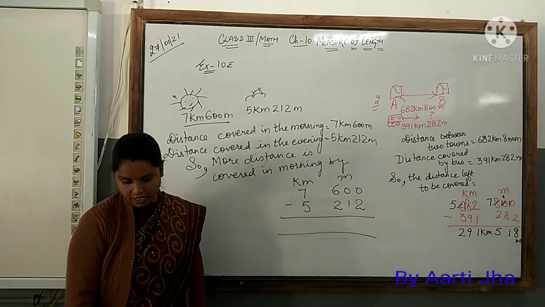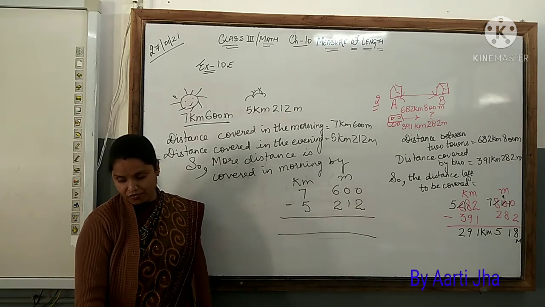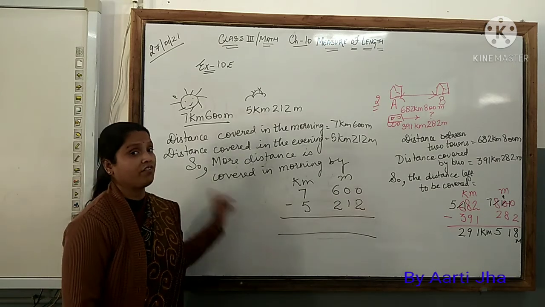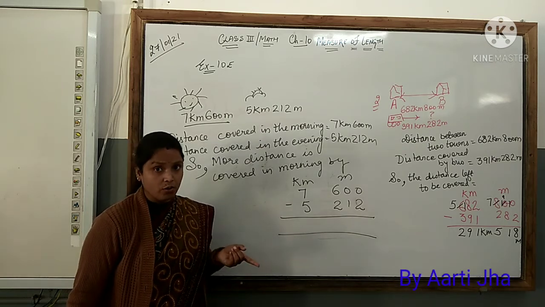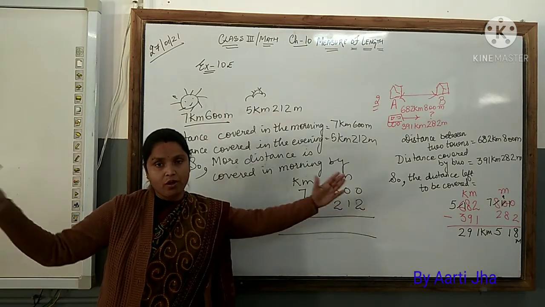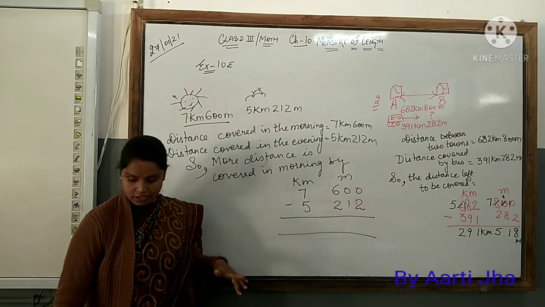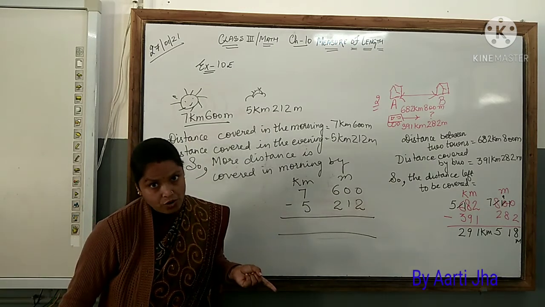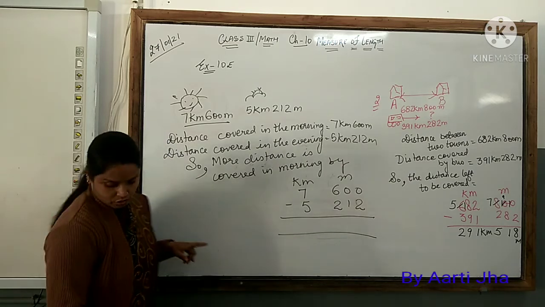Now question number 4 says, if a wire is this much long and this much of it is used for fencing, how much length of the wire is left? This is based on the first question only, where I have told you a roll of rope is there. Here you have a wire which is this much long. From this much I have used. How much is left? Again you will write total length of the wire, then length of wire used for fencing, and do the subtraction.